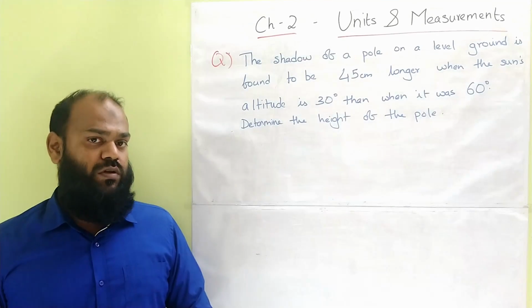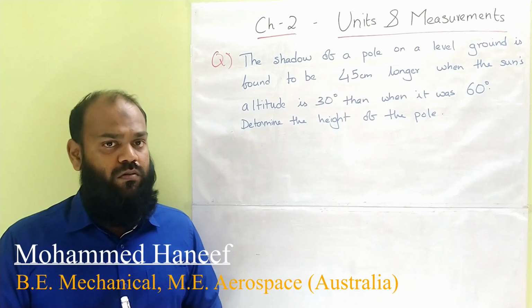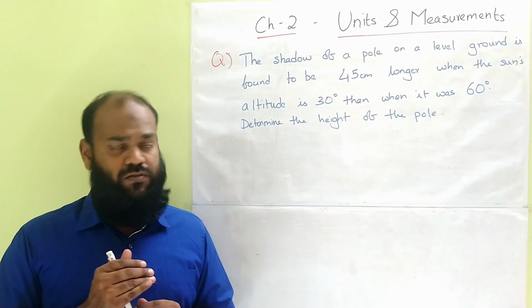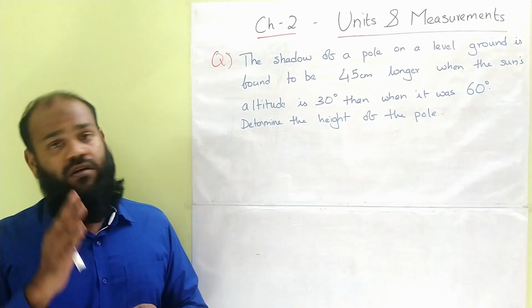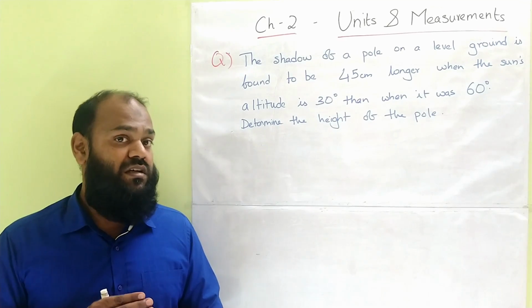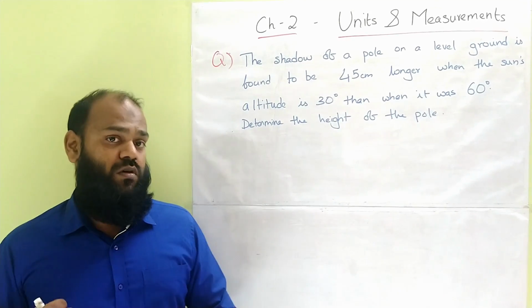Now let's look into this question. Before we proceed, we always have to identify which chapter or which method of solving this question needs. We also need to underline the important numerical values or information given in the text. Then we draw the diagram regarding the question. Finally, we solve the question.